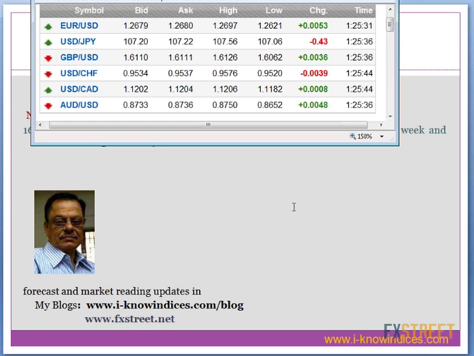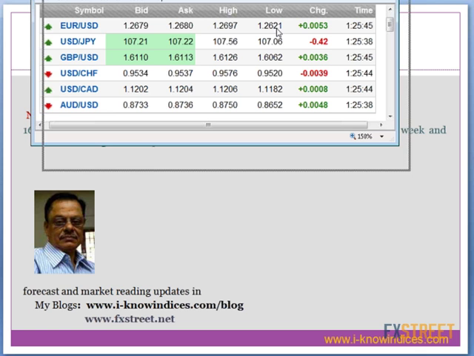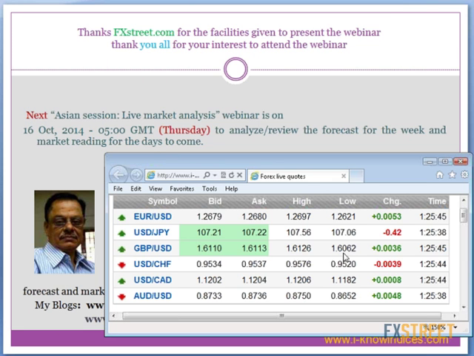Then which yen crosses do you recommend? Euro yen, both Euro yen and GBP yen both will gain. And you know that whenever they want to create sentiment, they use GBP, because GBP is a currency which can be easily used to create the market sentiment. That is why they will move that first. So today, during the drop, GBP will be the first one to make a drop.